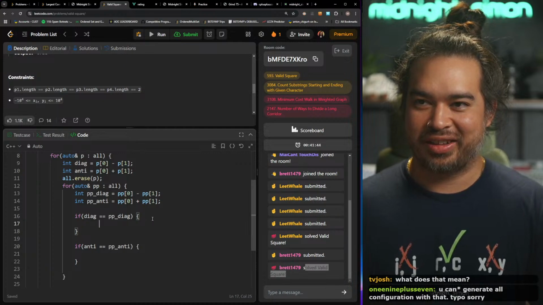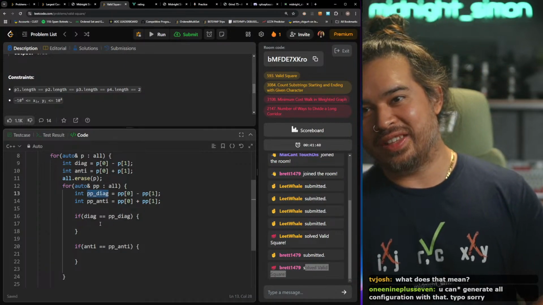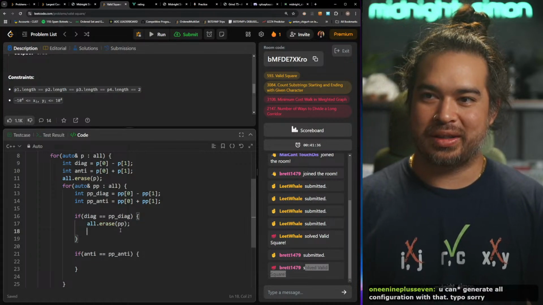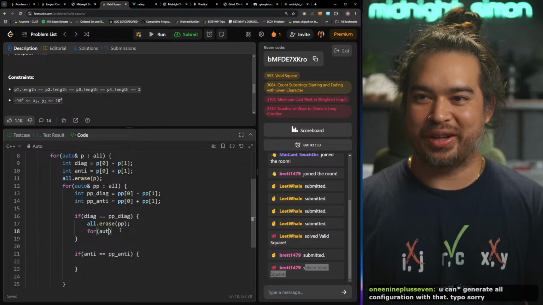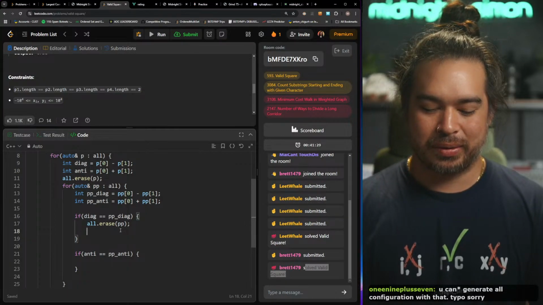All right. I think maybe this way might work though. So if these match, then maybe I'm just trying to erase that and then loop through them again. No, I don't need to loop through anything. I can just do